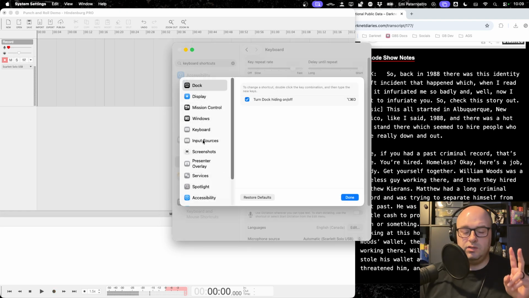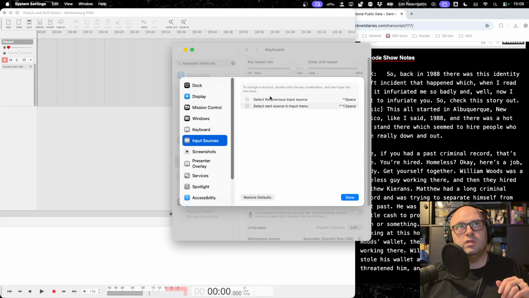There's two ways to use a keyboard to record in Hindenburg: control space or command space. Both of those are already used by system level events, which will then conflict and it won't work. There's no way to reassign this in Hindenburg. I've put in a request with Hindenburg to make these keyboard bindings remappable, but for now,